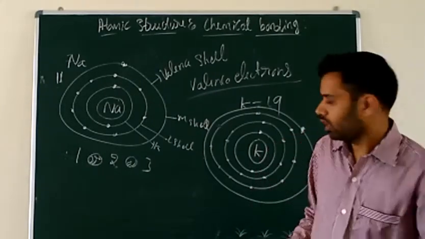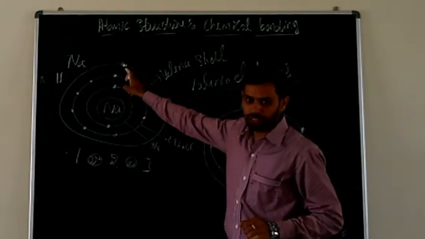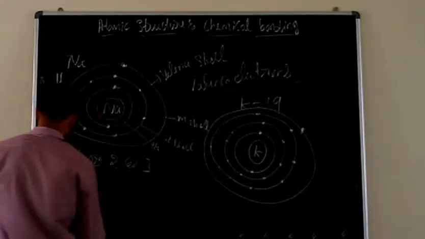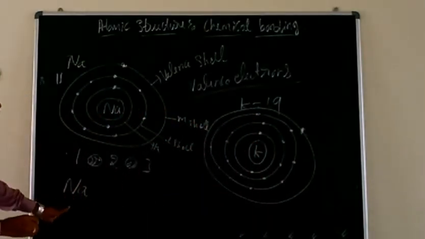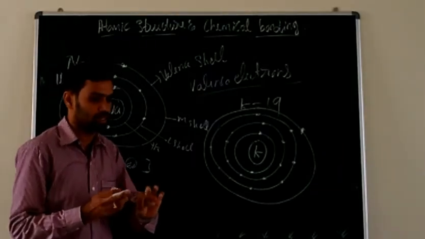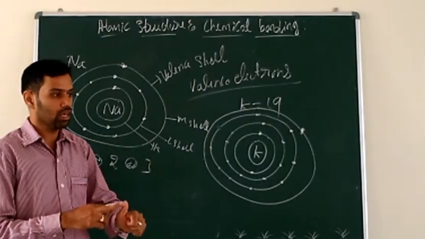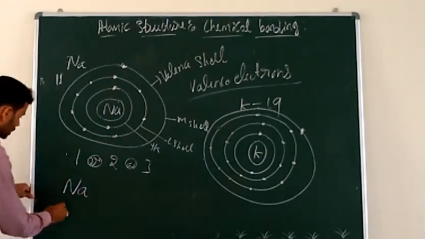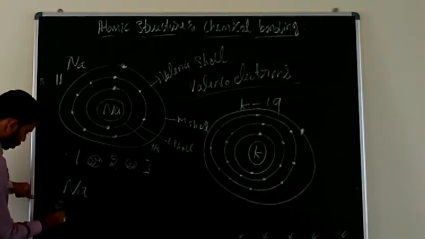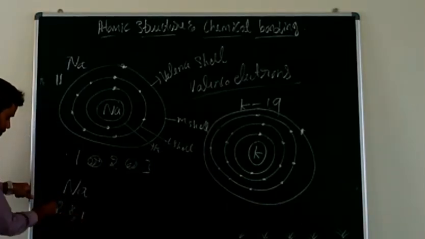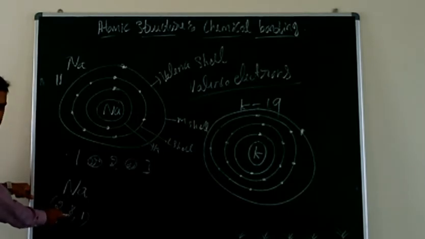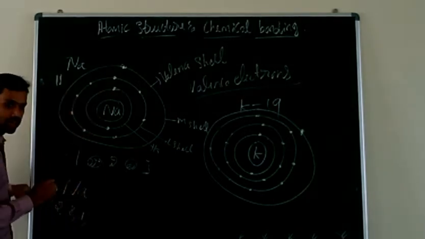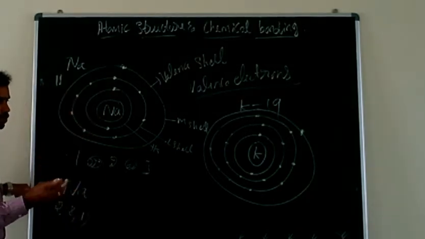If 1 electron is removed from the outermost shell of sodium, it will become a sodium ion. What is the difference between a sodium atom and an ion? The atom is electrically neutral, whereas an ion has a positive or a negative charge. The electron configuration of sodium is 2, 8, 1: 2 electrons in the K shell, 8 in the L shell, and 1 in the M shell. It loses the electron to attain the stable state and gain a positive charge.